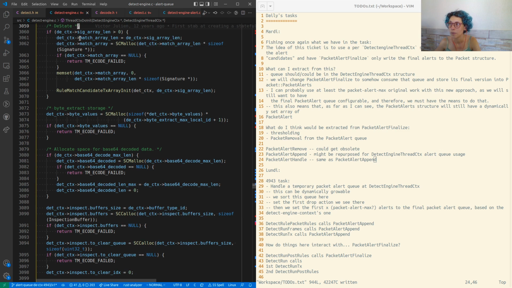So I can only imagine that 12 to 13 years ago, when Victor started writing the Suricata code, at some point there were no tests. And he probably saw the value in adding tests when he started to see things breaking way too late.